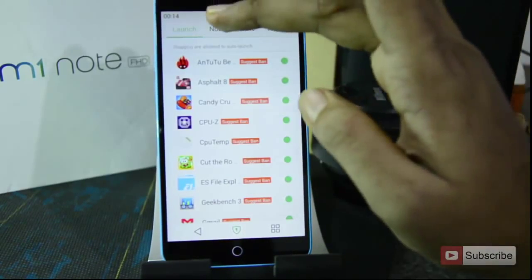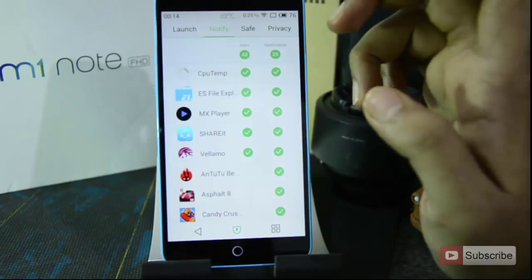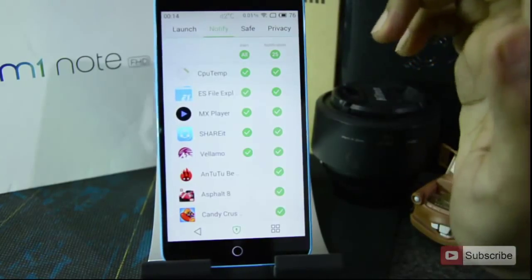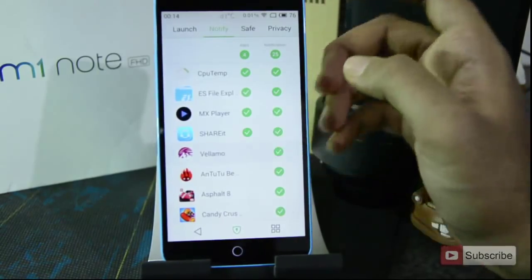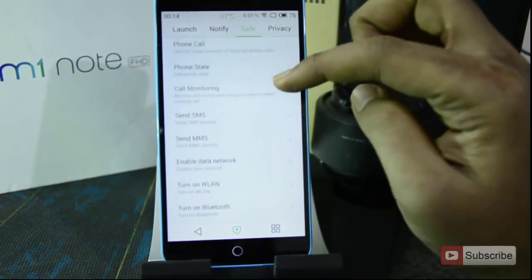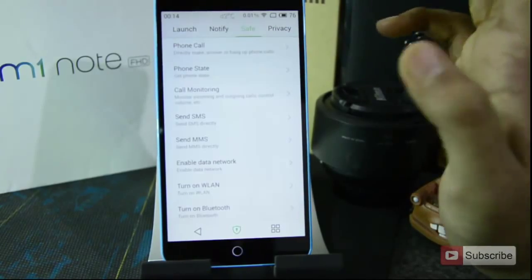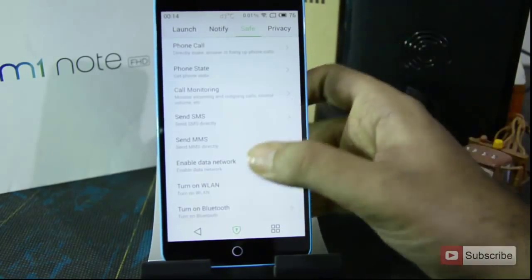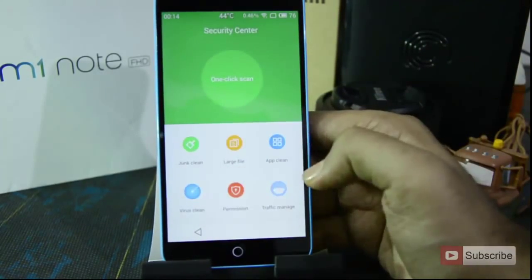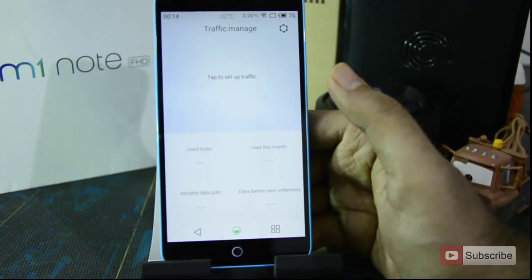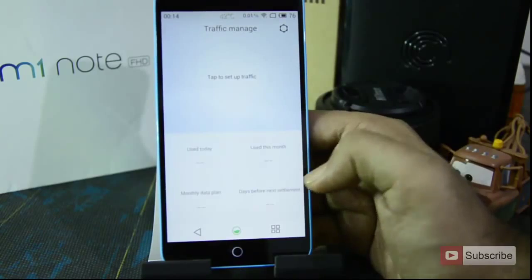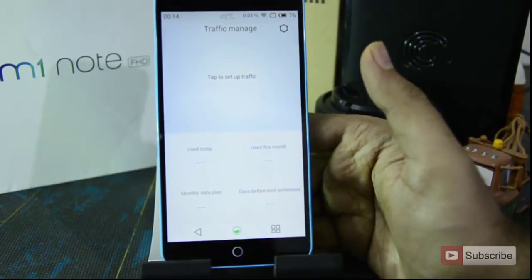So if you go to notify, these are all the apps that are going to give a notification. If any app is annoying you, then simply disable that from here. After that, in the safe section you have the list of permissions and the apps which are requesting that particular permission. So let's go back, and finally we have the traffic manager. It is simply like a normal data manager on any Android device, which will enable us to restrict the data